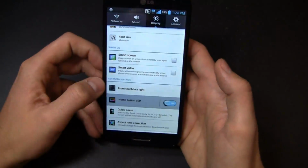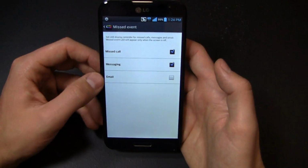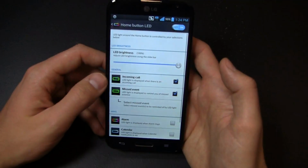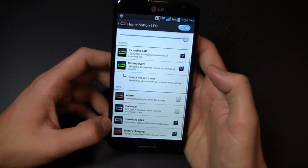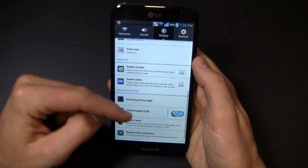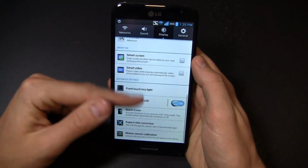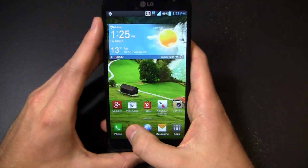Front touch key lights, and then the home button LED, like I said, it can do a missed event like a text message or an email or a missed call, it'll light up, an incoming call to light up. I can do alarm and calendar, and then I have it set right now for downloaded apps and battery charging as well. So you can customize that. Quick cover as well, and then aspect ratio correction, motion sensor. So quite a bit of an opportunity here between that, the wallpapers,